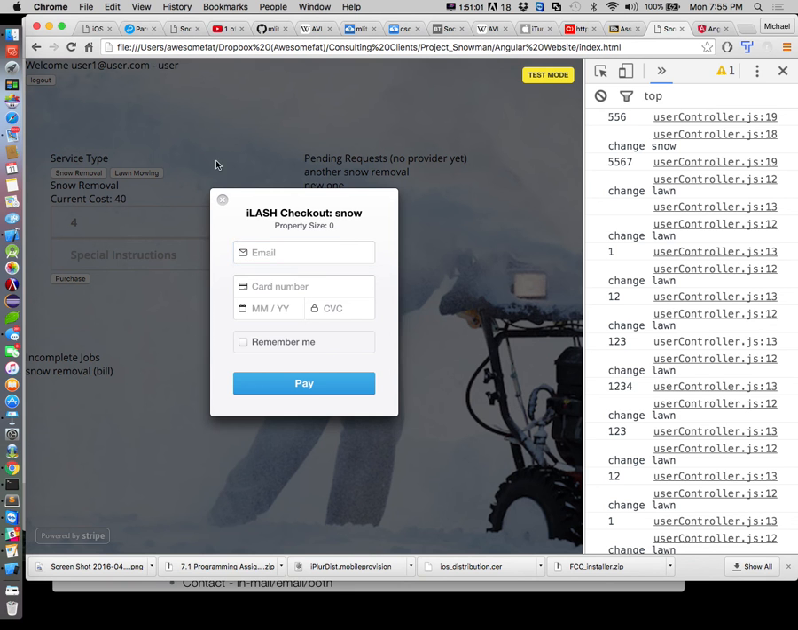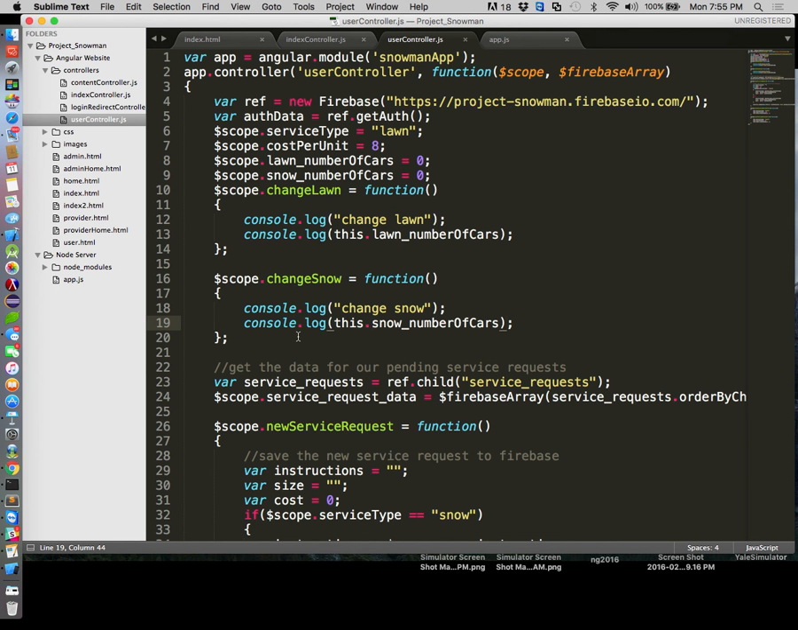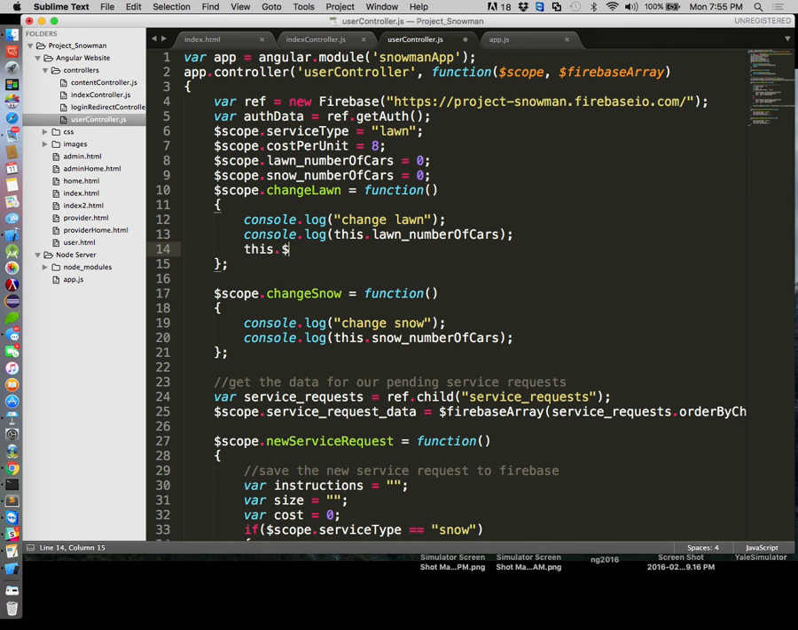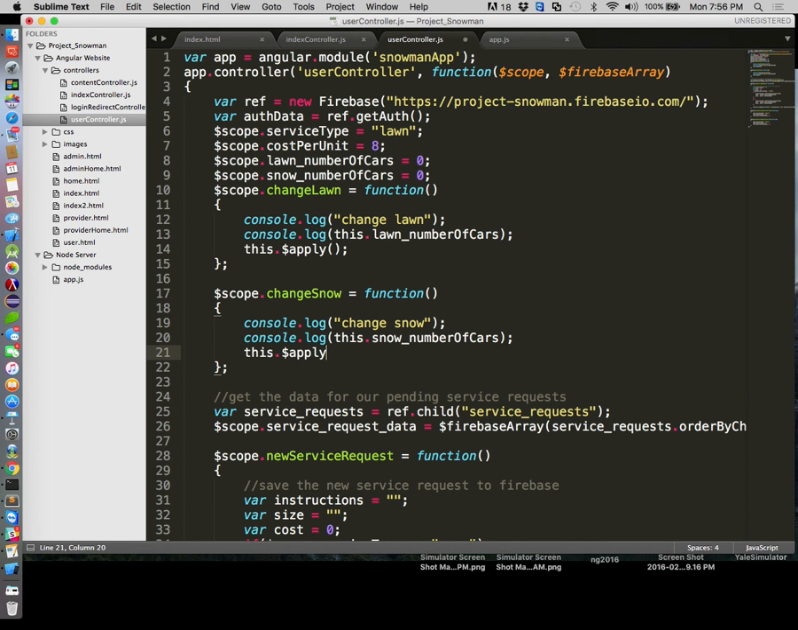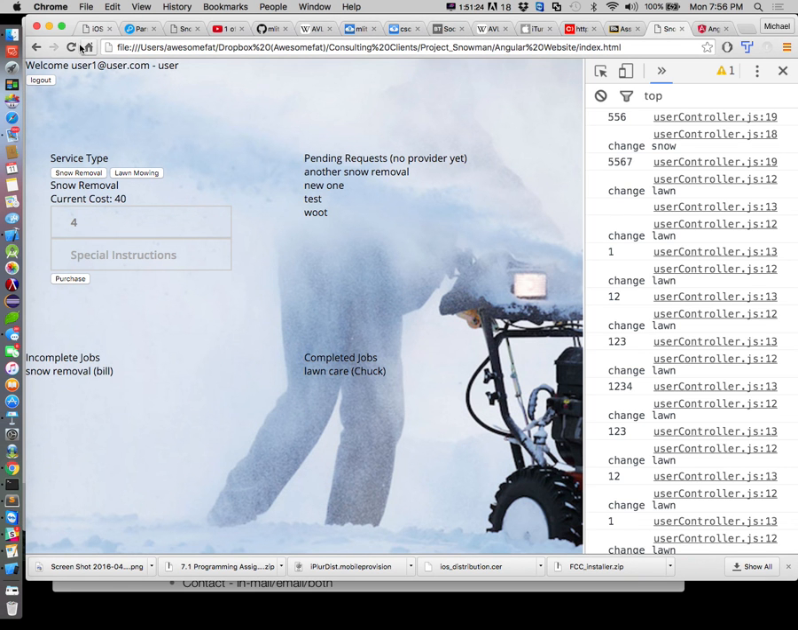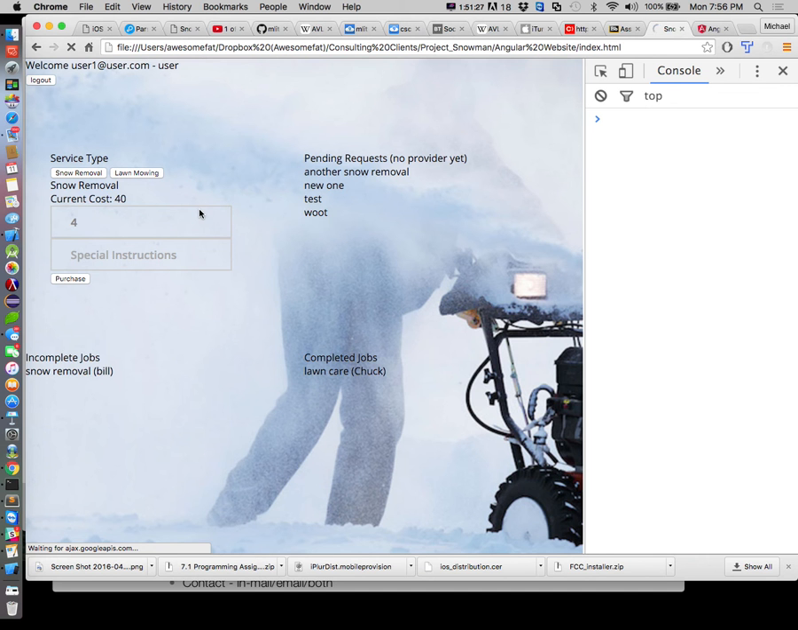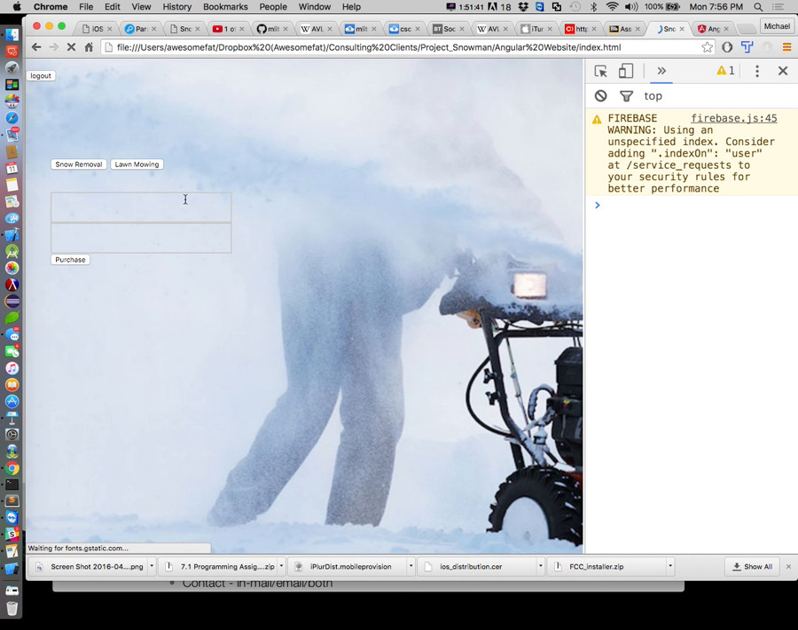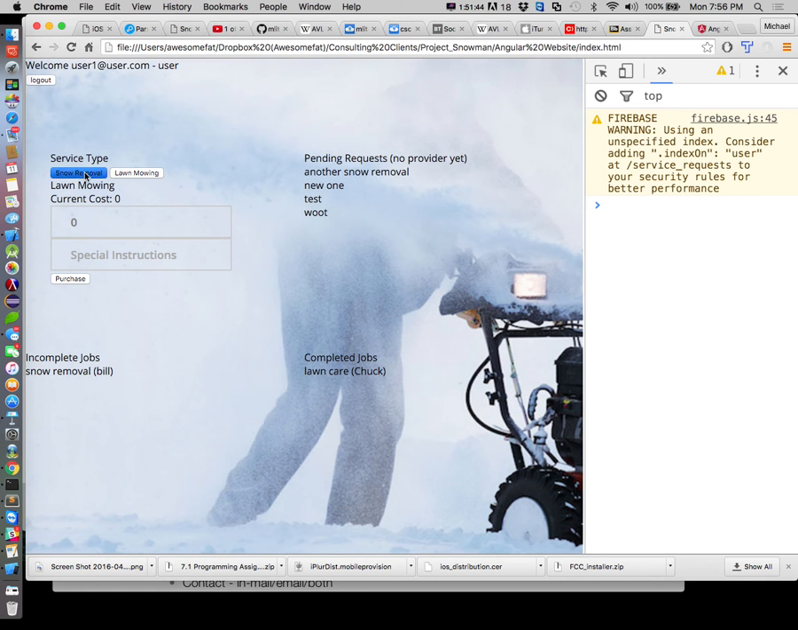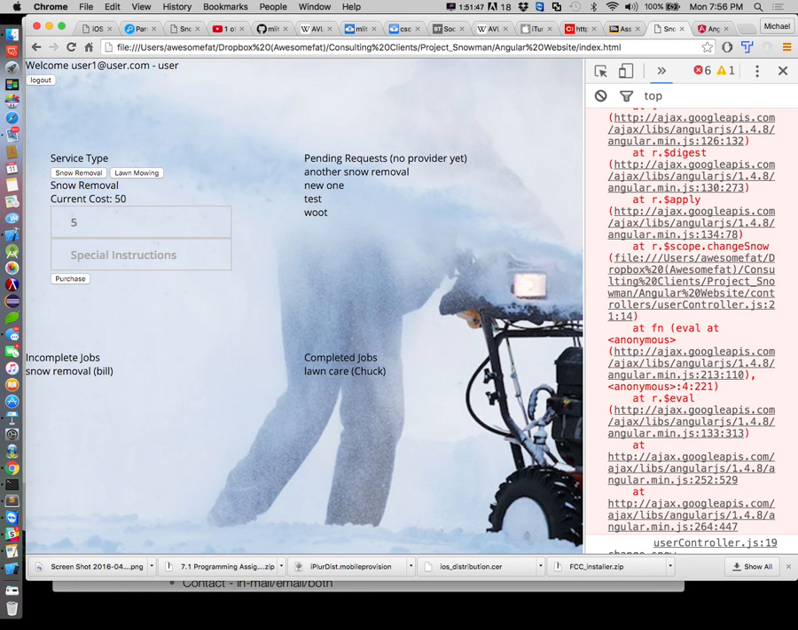All right, so that might be okay for right now, because now what we can do is we can come in here and do this dot apply, this dot apply, and the theory should be that should update the scope, making it available on the other side. So our hope here is that